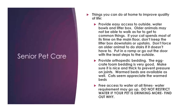So, things that you could do at home to improve quality of life. Just realize that these guys are often having a much harder time getting around. So provide easy access to outside, provide easy access to water bowls, and please provide easy access to the litter